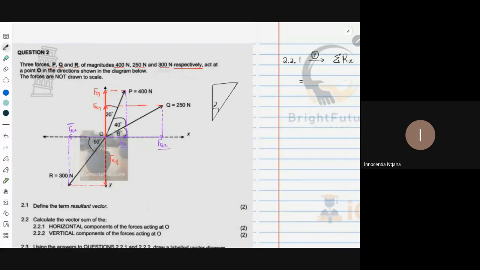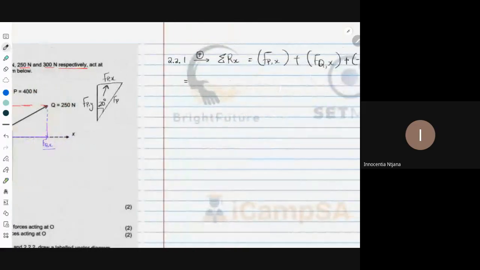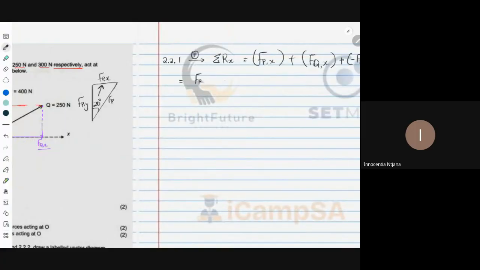Then 20 somewhere here. Then you have FPY and FPX there. Then there's just FP. So yeah, that's what we have. Now we're looking for FPX. Obviously, it's opposite to our angle 20, so we'll use sine 20. So we'll have FP sine 20 degrees, plus